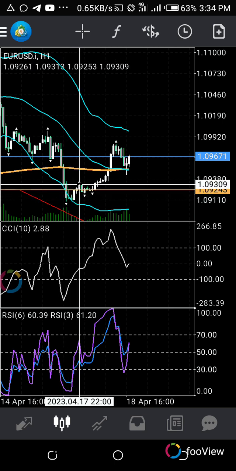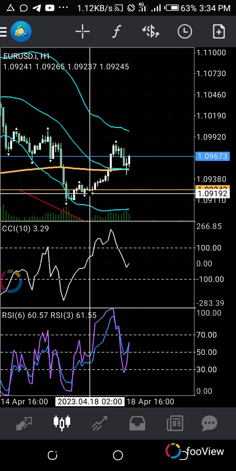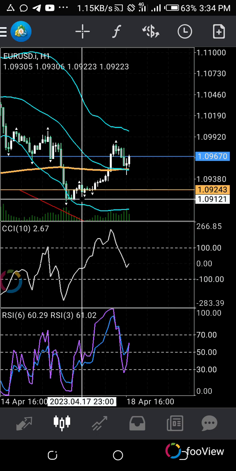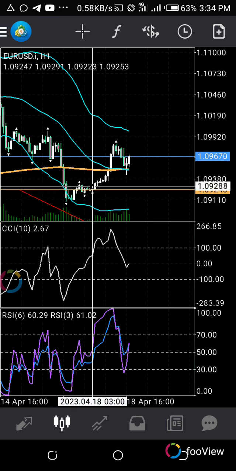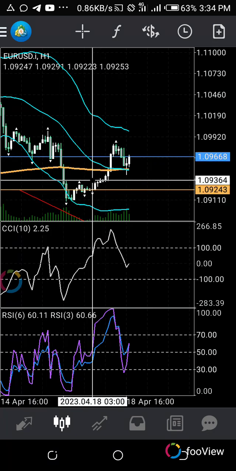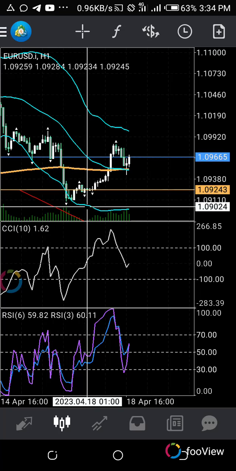This is the first fractal and this is the second fractal, which means it forms a double bottom, a W pattern. It forms a W pattern from here. Then, which means to buy. But if